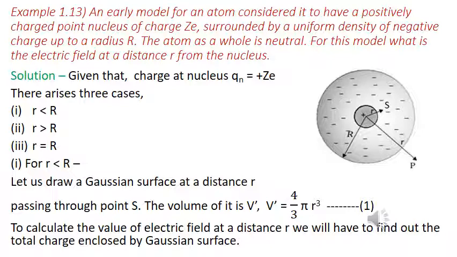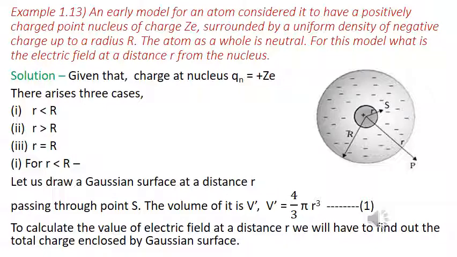So in the solution of the question there arise three cases. First is the distance r is less than the radius of the atom. Second is the distance r is greater than the radius of the atom. Third is both are equal. In the first case, which is r less than R,